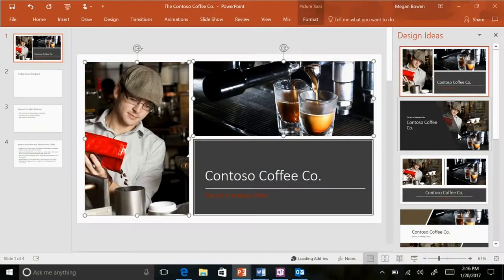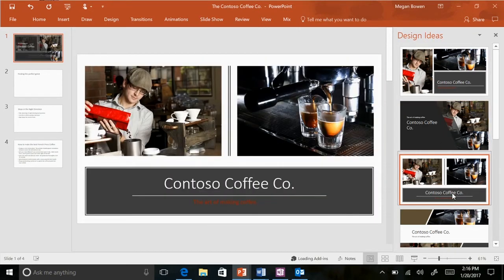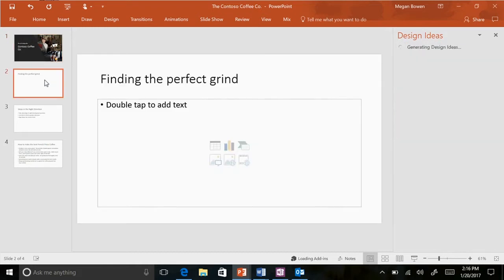So this is a really cool way if you don't have a lot of time and you want to spice up a PowerPoint, or even if you do have a lot of time and you think it could be better spent on working on different items. This is a very good way to make very creative and pop and flashy PowerPoints with minimum effort. So you can actually go and choose a couple different designs, and we'll go ahead and select this one here. We'll go on to the next slide here.